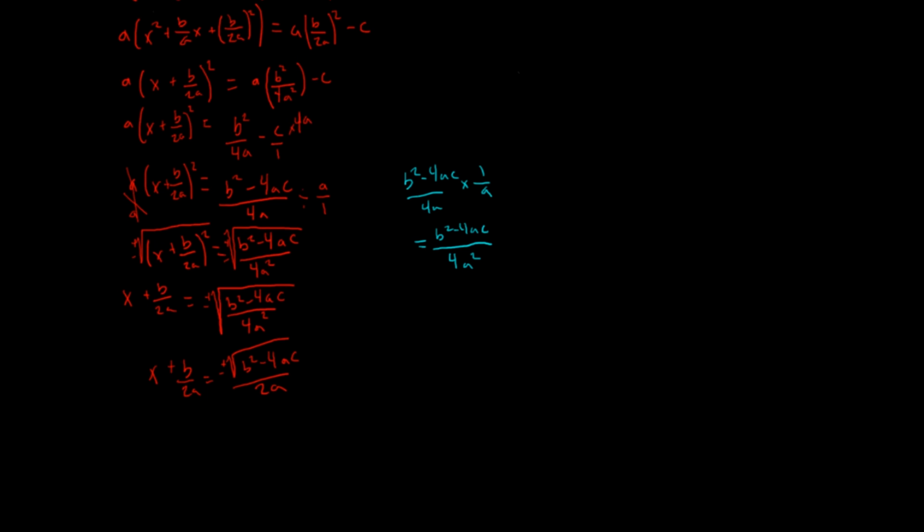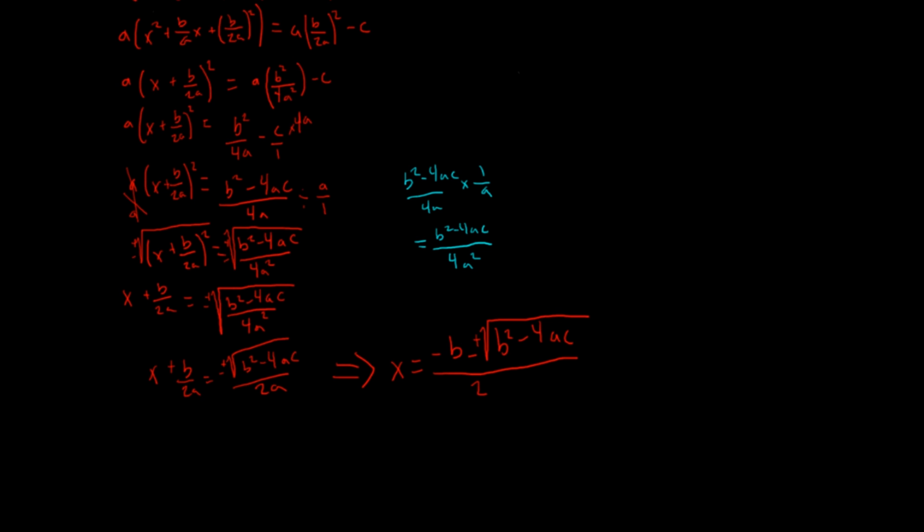So we're almost done. We have one more step. So since these both have a common denominator of 2a, b over 2a, and then the right side has a denominator of 2a, we can simply just subtract b from the other side. So x will be equal to, and then minus b over 2a from both sides. It's going to be negative b plus or minus the square root of b squared minus 4ac, and both of these have a common